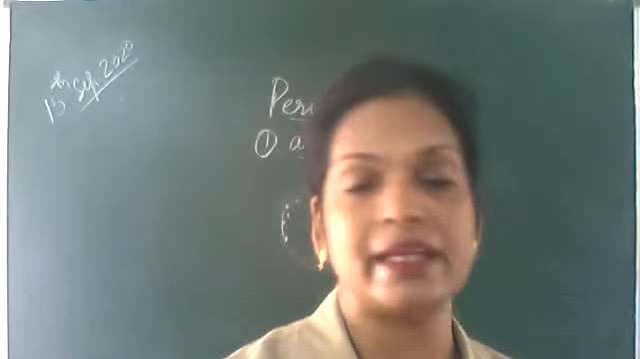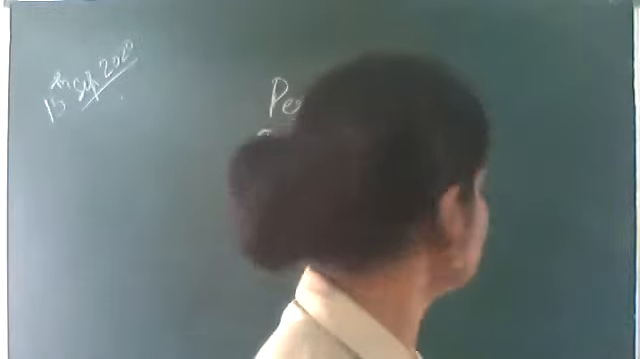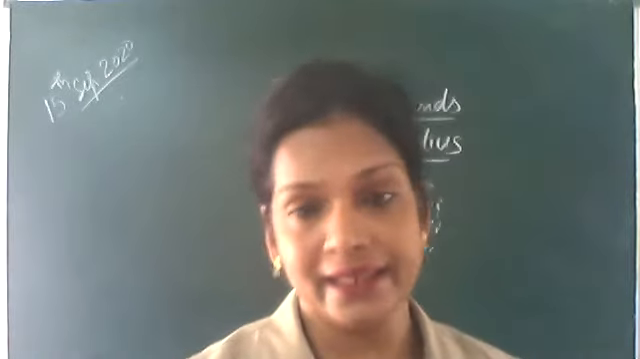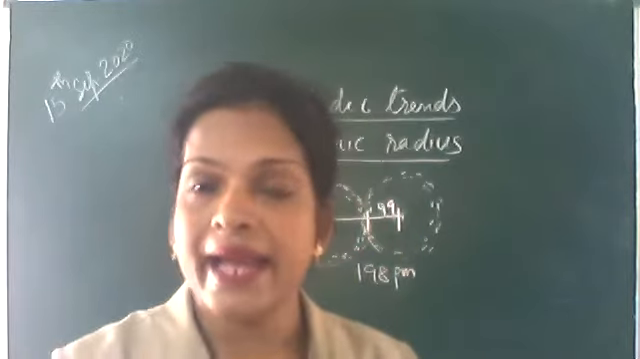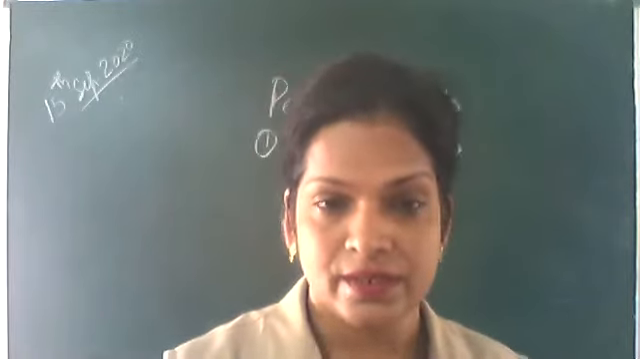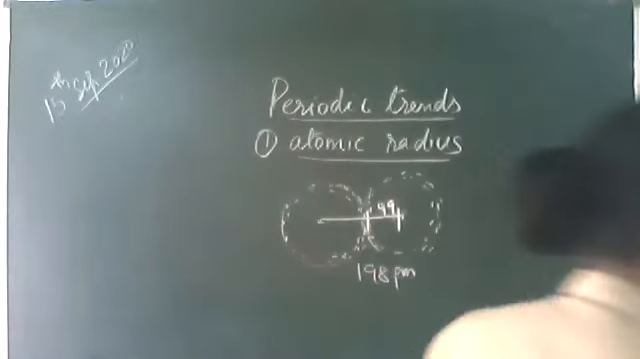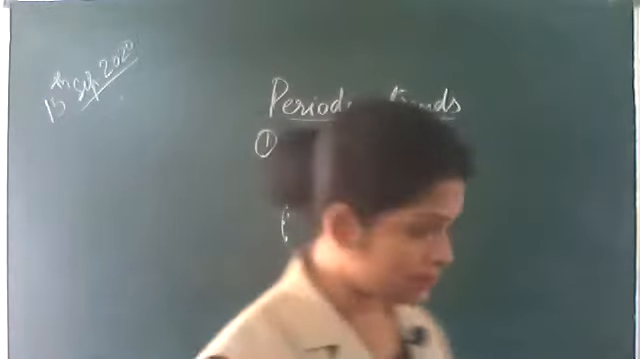Another type of atomic radius is metallic radius. In a metal, the atoms are arranged